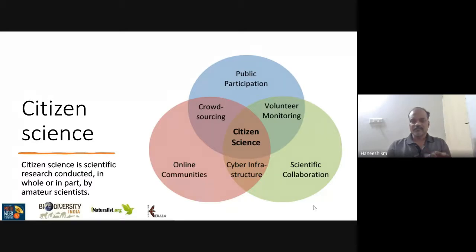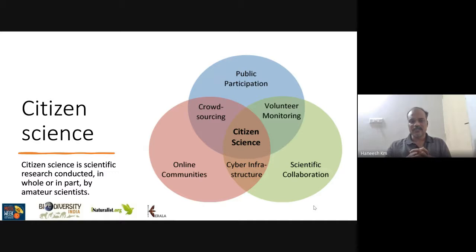Suppose only a particular lab with 4 or 5 people is studying. Instead of that, a large number of people are reporting sightings or specimens. That will be more helpful, you can get results more easily, and you'll have more data to analyze. That is the main